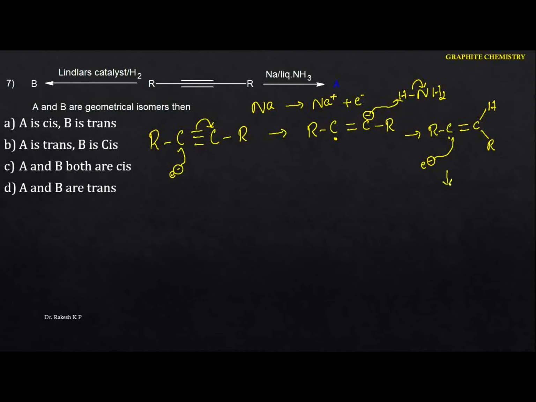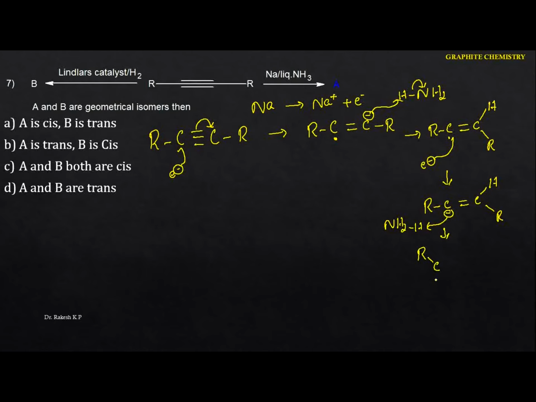Now here the intermediate that you are getting, this is the R, and this carries the minus. This is the double bond, this is the H, and this is the R. Again in the reaction mixture we are having ammonia. I'm going to write the ammonia in this form here. It will be attached like this, and see the particular product here.